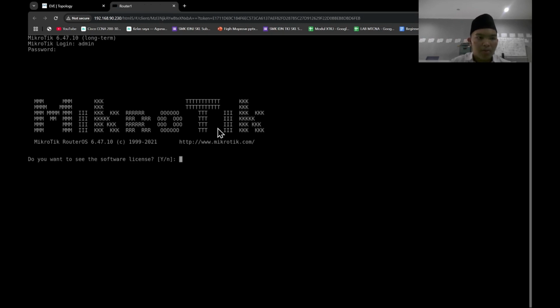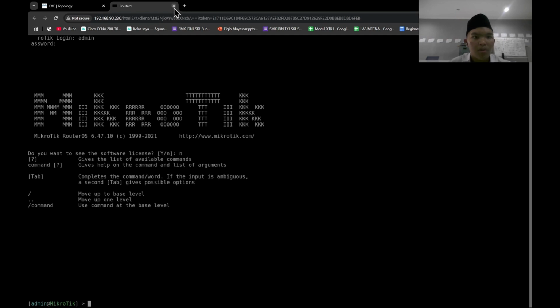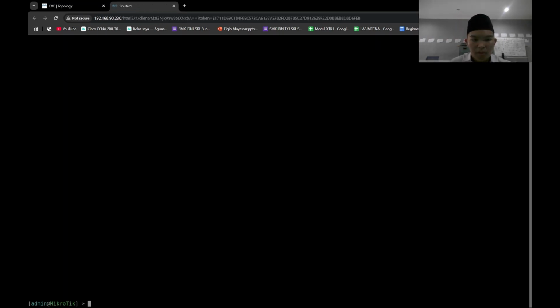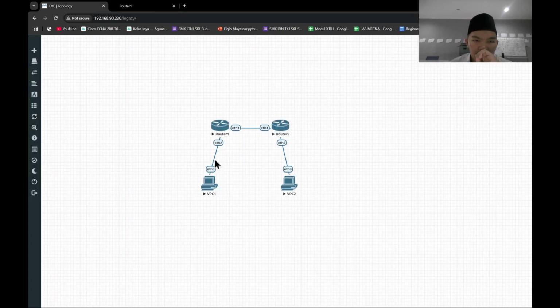Okay, wait, I'm gonna input the password to log in. Okay, and the command is ip address add address, and first I'm gonna add the address for Ether 2 that connects to PC1.